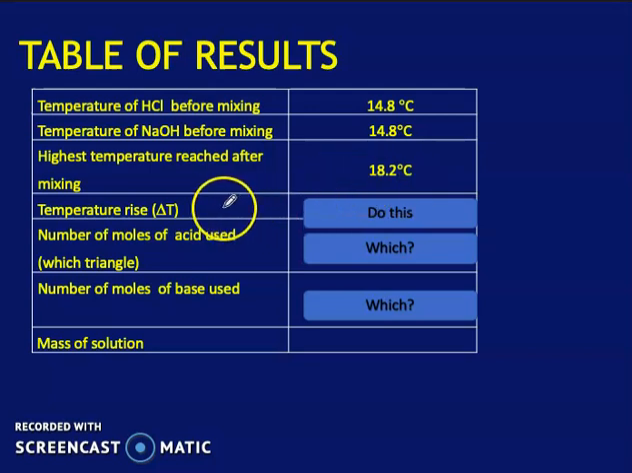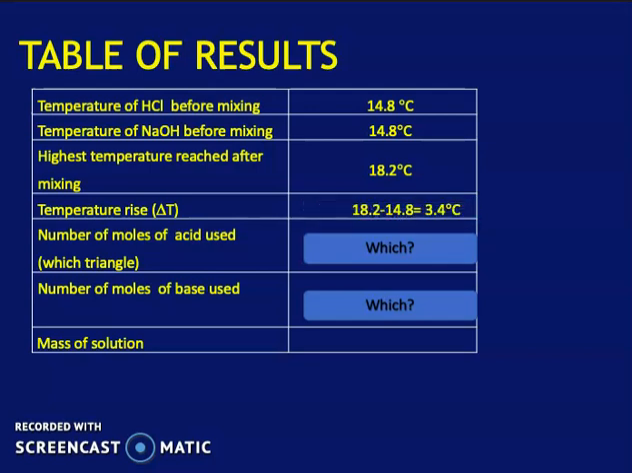First thing you're going to calculate for me is the temperature rise, which is delta T. Delta just means difference. So I'm going to give you 20 seconds to figure out how you would do that piece of maths. Alrighty, so I'm hoping that you have decided to take 14.8 away from 18.2, and when you did you got